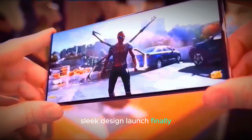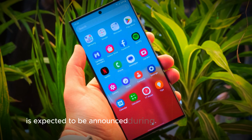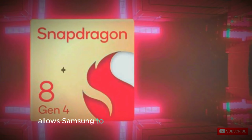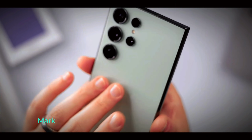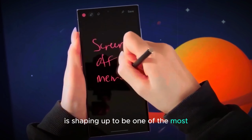Launch. Finally, let's talk about the launch. The Galaxy S25 series is expected to be announced during the week of January 13, 2025, just after CES. This timing allows Samsung to showcase its latest innovations to a global audience, building excitement and anticipation for the new release. Mark your calendars, because the Galaxy S25 Ultra is shaping up to be one of the most exciting smartphones